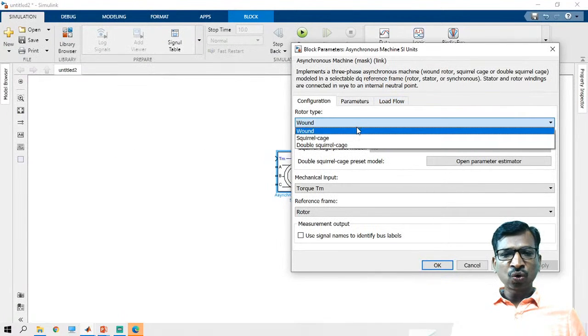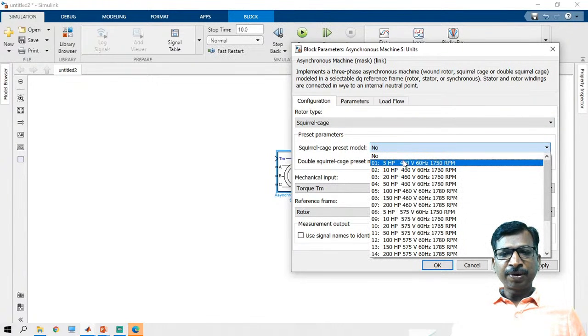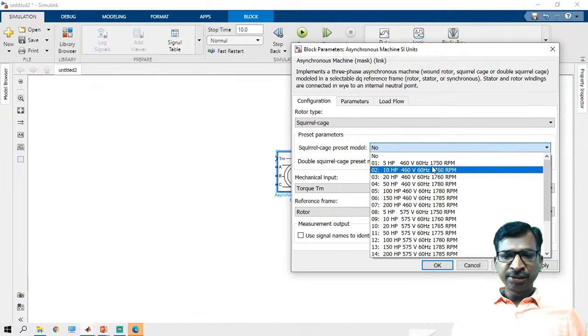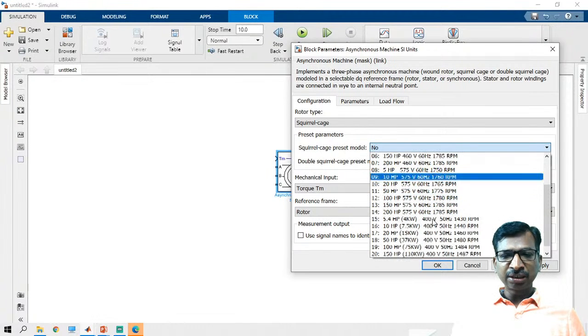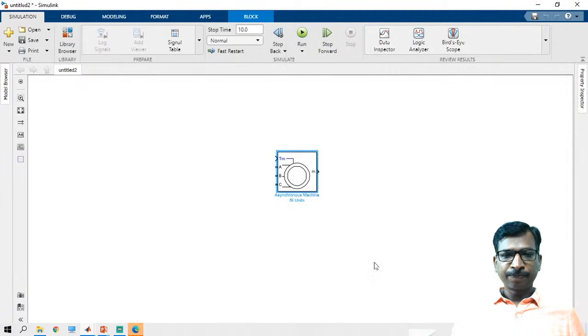So let us take a squirrel cage, and default parameters will be there. You have to choose the parameter. Here again both the 60 Hz and 50 Hz systems are also there. You can choose whatever you want. So now I am going to use the 50 Hz system. Yeah, so now I have chosen the 50 Hz system,